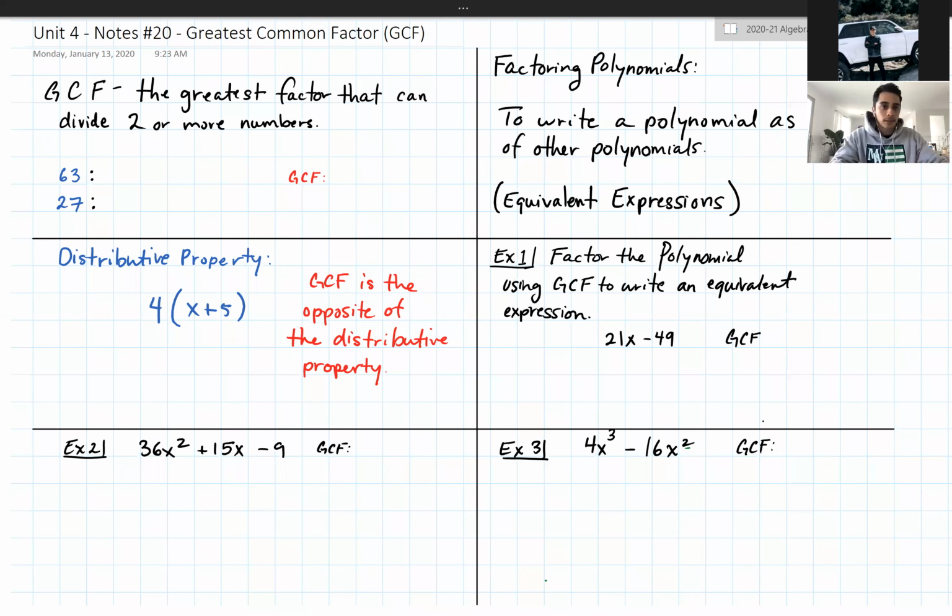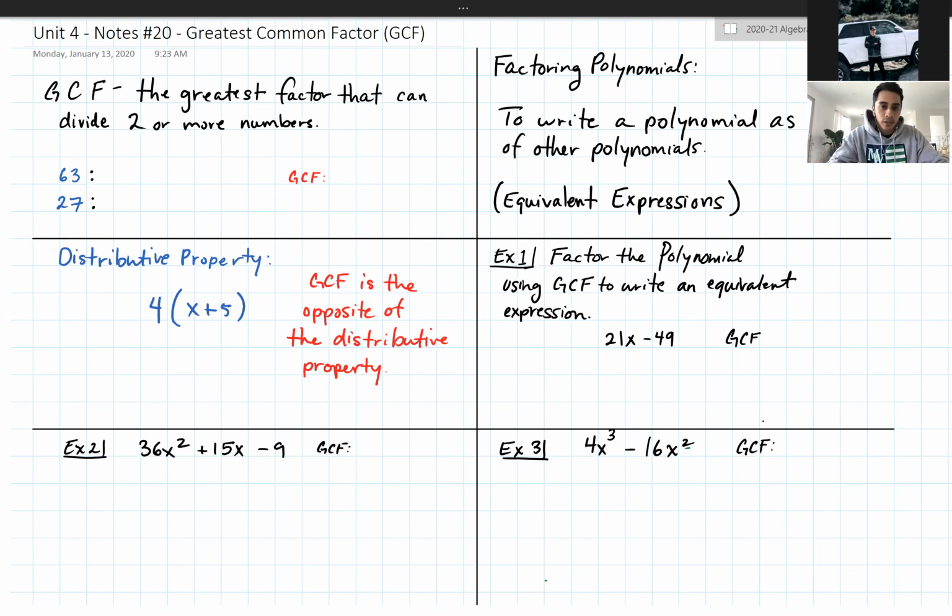All right, let's jump in. So today what we're looking at is how to find the greatest common factor of a polynomial and how to use it to factor polynomials. So we begin with revisiting this concept of GCF, or greatest common factor, which is something that